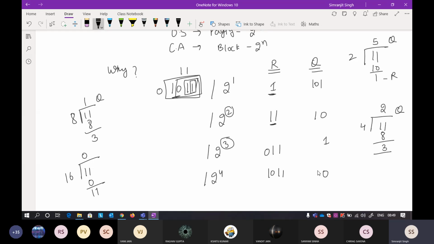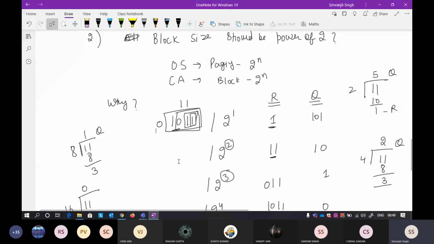So if you're thinking about it, the computer does not actually divide. When it is dividing, it is just taking the least significant bits and the most significant bits from a binary number. That is why this particular scheme is so popular: the calculation is very easy. You just have to take the least significant bits or the most significant bits, depending on the 2 raised to power part. That is why your block size, your page size, or in your cache in computer architecture, your tag size will always be a power of 2. That is the important part.